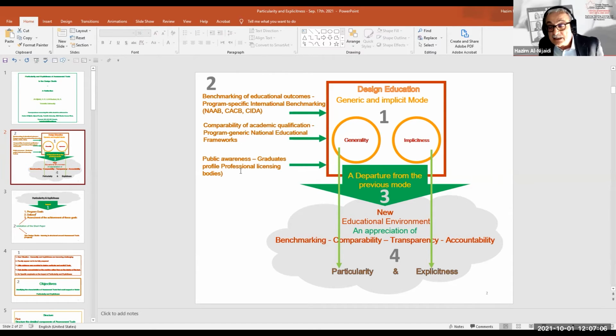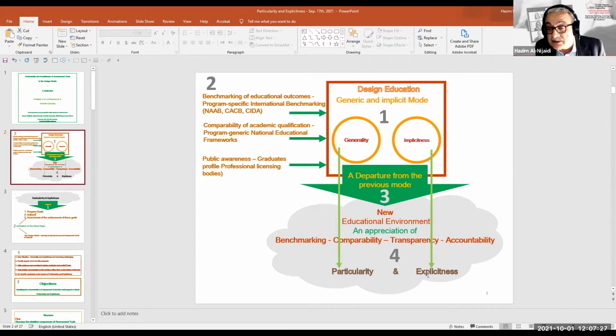All of these necessitated a new departure, a new environment departing from the previous mood of generality and implicitness. We're taking the two concepts out of this new context, that's particularity and explicitness, for us to investigate in this short paper.